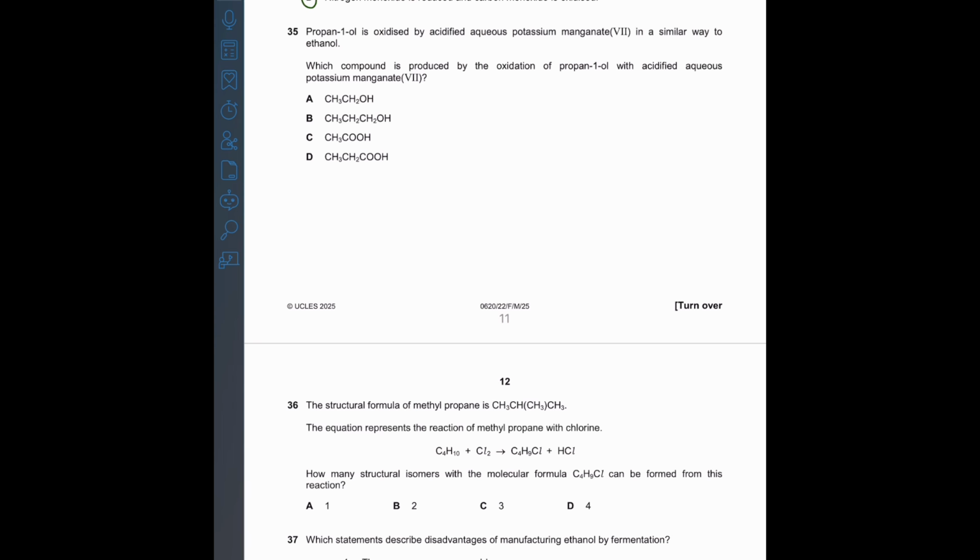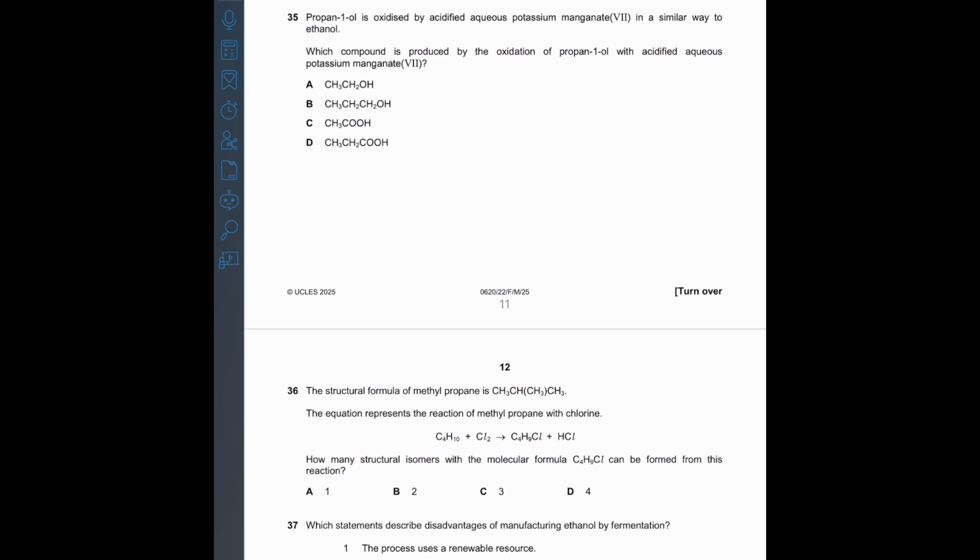Which acid will we get? We have propan-1-ol, so we are supposed to get propanoic acid, where the group is attached to the one